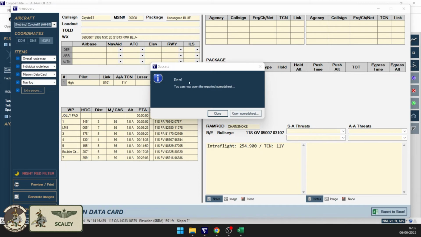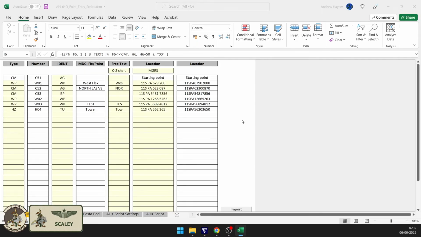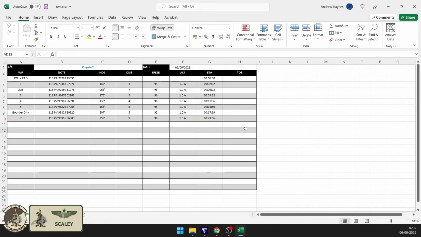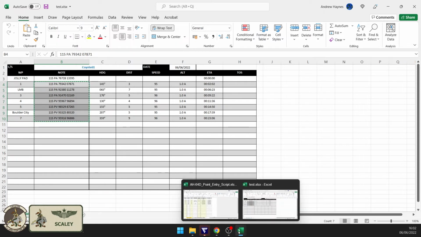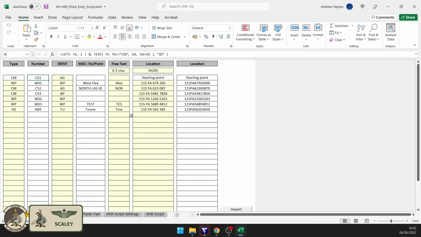And it's going to make that Excel file and then ask us if we want to open it, which we do. And so we're going to open that Excel spreadsheet, and it looks like this if we use the custom template. So it's got the waypoint identifier from CombatFlite, and it's got the waypoint locations. And so, for example, imagine those are our route. Obviously, that's the start point. We could just grab those, copy,